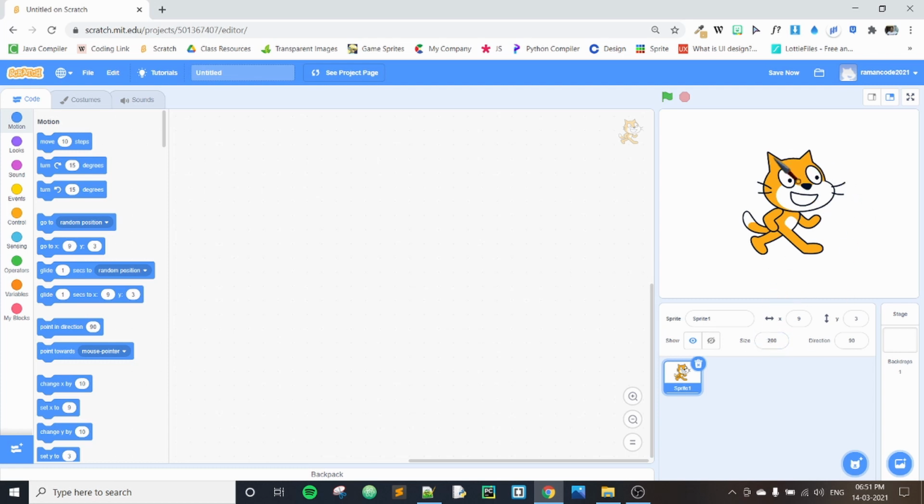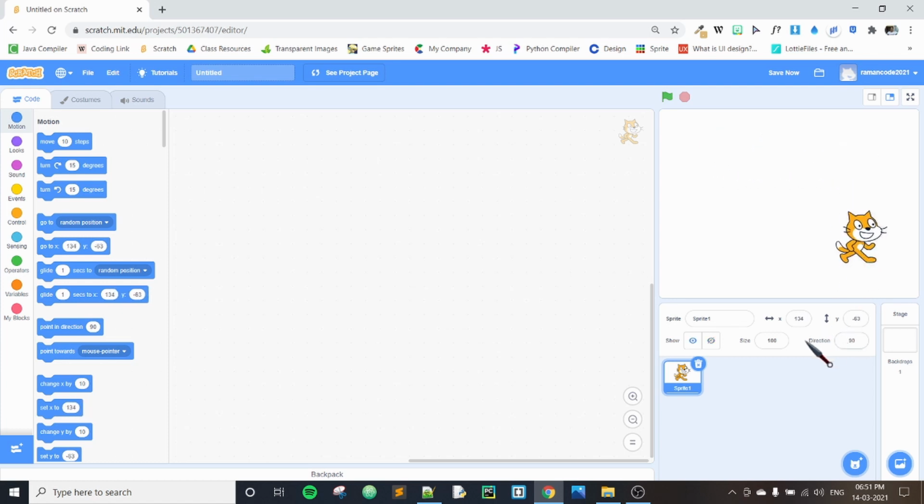And then there are the x and y coordinates of this particular sprite, right? We'll be discussing these x and y coordinates in detail. In short, let me explain. This is a value which is going to help you place your sprite in an exact location where you need it, right? Every time I move my sprite, you can see the x value and y value getting changed, right?